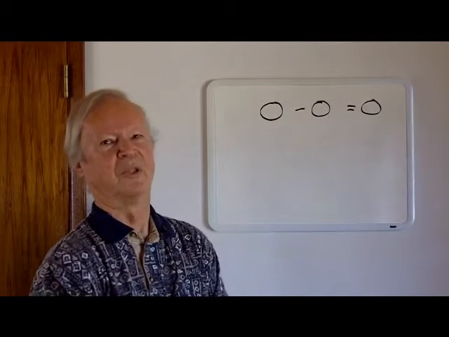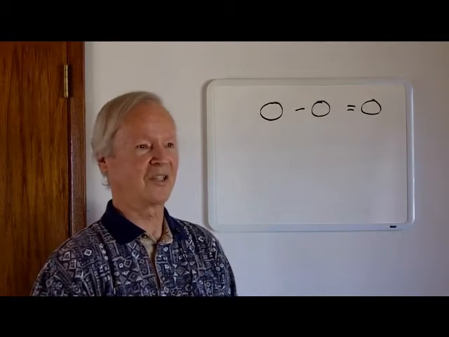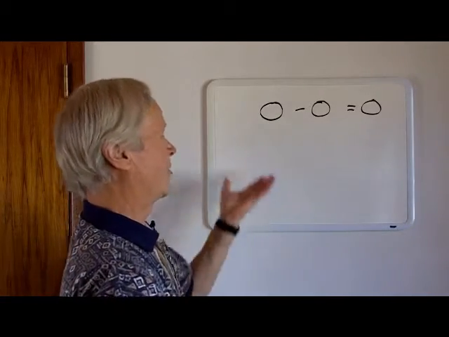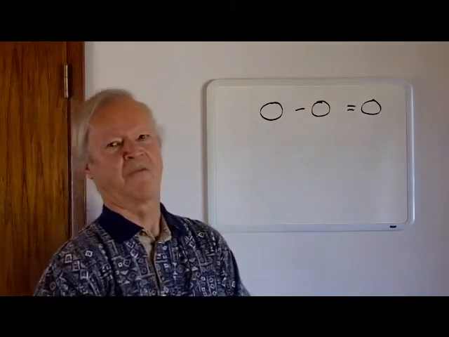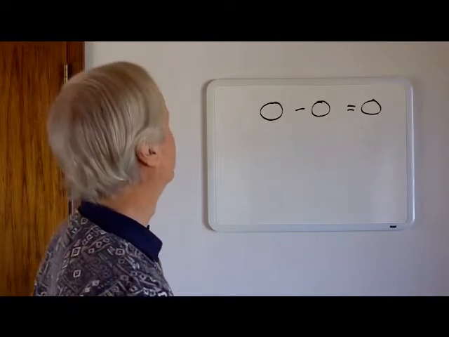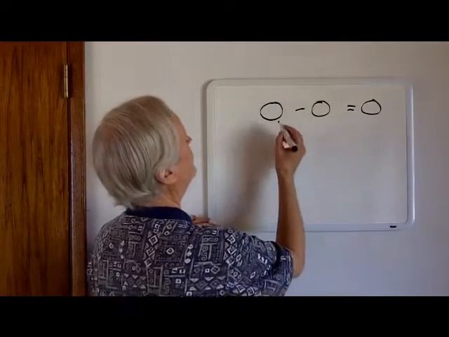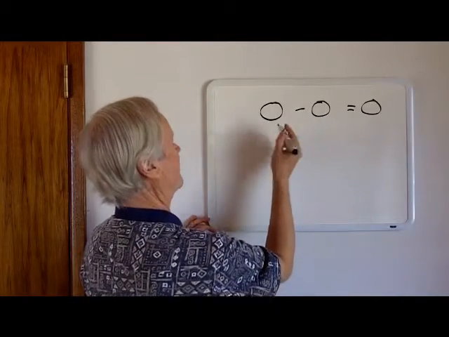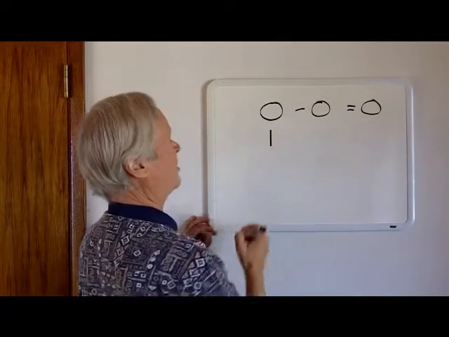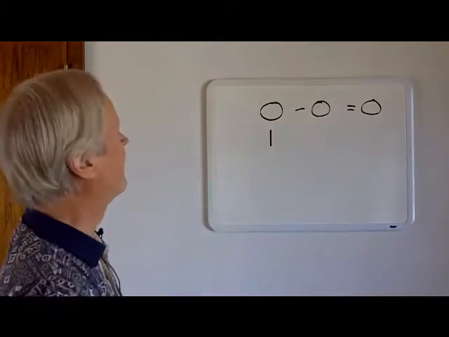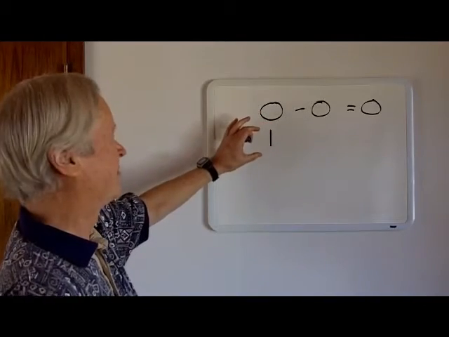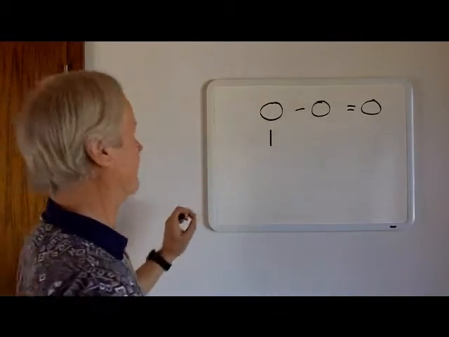Now we know from quantum physics that nothing is an unstable state. Heisenberg uncertainty principle tells us that nothing does not stay nothing for very long. In fact, in laboratory experiments, we find that virtual particles come in and out of existence all the time. And let's say that we have a virtual particle event or Heisenberg event. It creates a very small amount of mass energy or positive energy. And I'll call this amount of energy 1, where 1 is a symbol for a very tiny amount of energy.